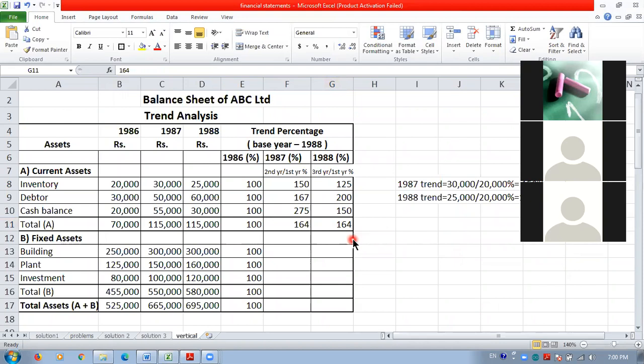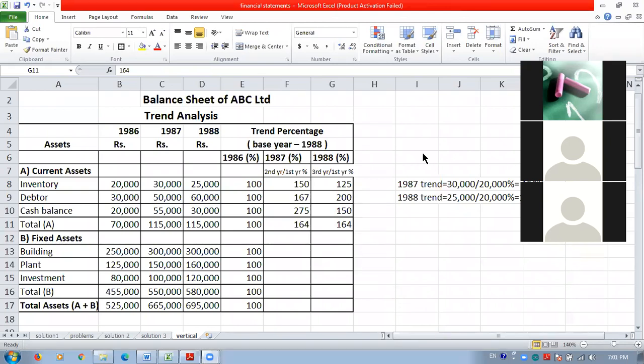But round off it. Okay. You have to write an integer. That's why you have to round it off. So all figures of trend should be rounded off. Okay. Don't write in decimals. Only in case of common size statement, you have to give the answer in decimals. Otherwise, it should be rounded off for trend analysis and comparative statement also. So round off all the figures for at least trend analysis. It should be the whole integer.